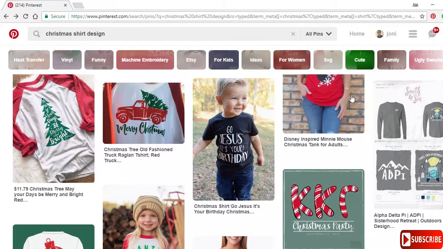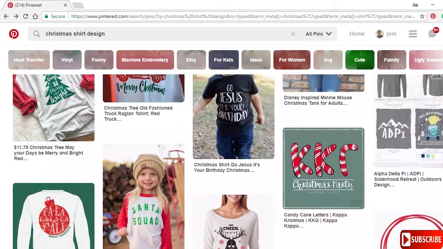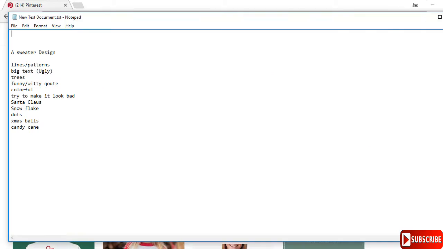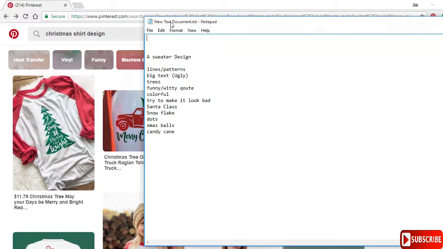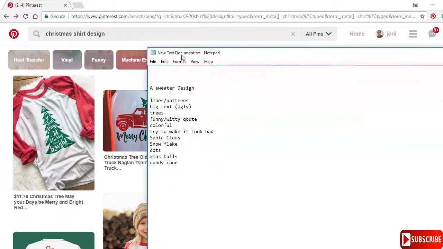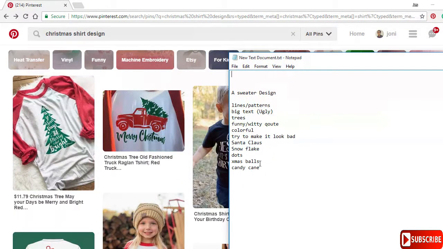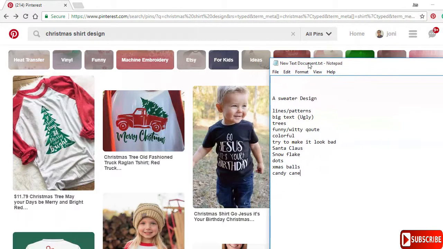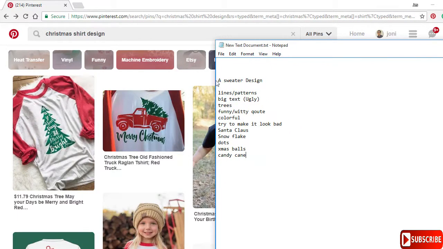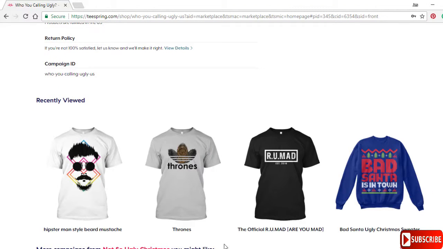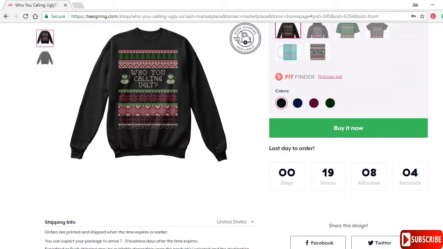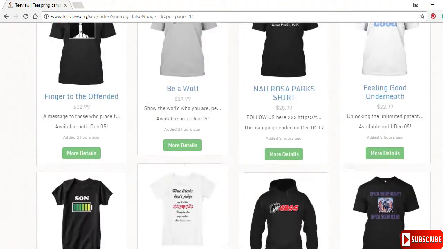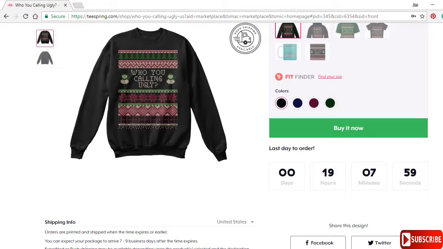And now once you are done browsing for all the shirt ideas, what you need to do is just put it on a notepad. Like I said, select all the designs, and then list down all the things that you want to include or put on your own design. For example, I'm gonna do a sweater design. On Teespring, I see some designs right here that I think are good. It's a TV right here,